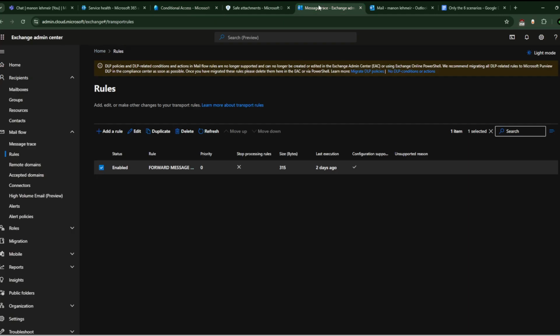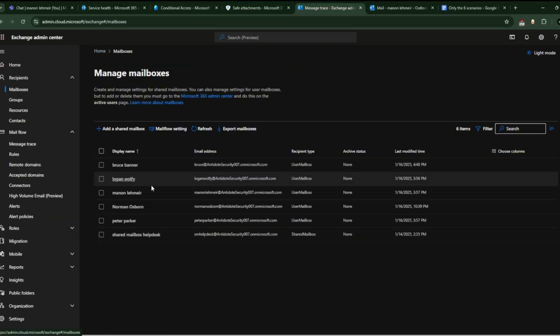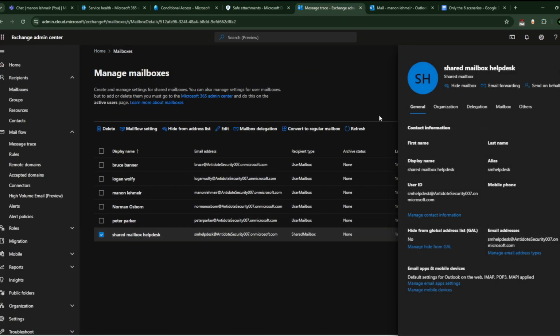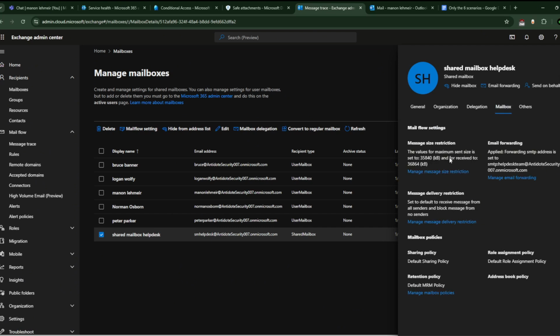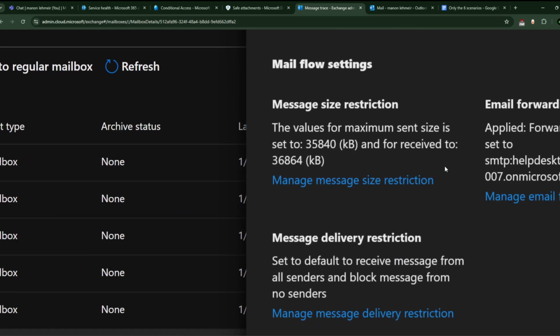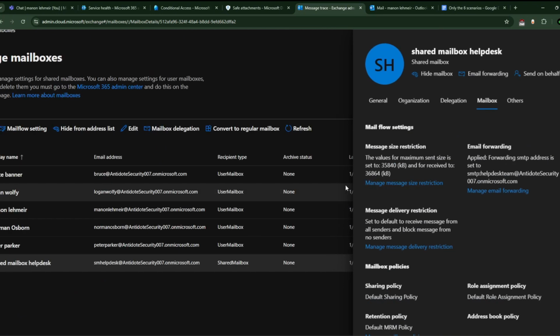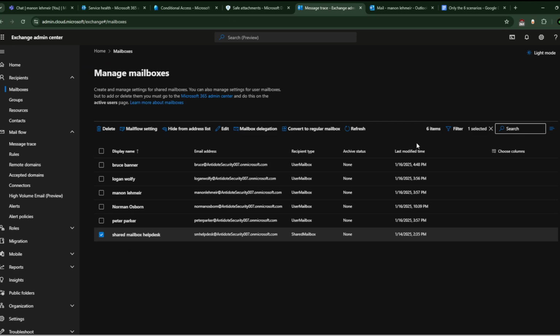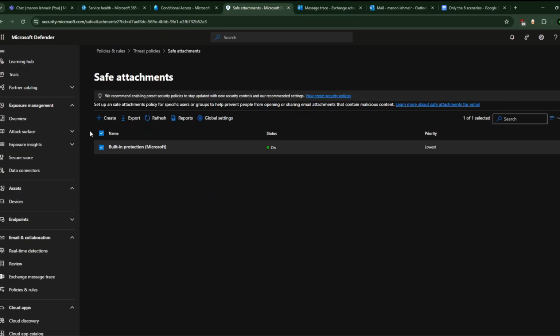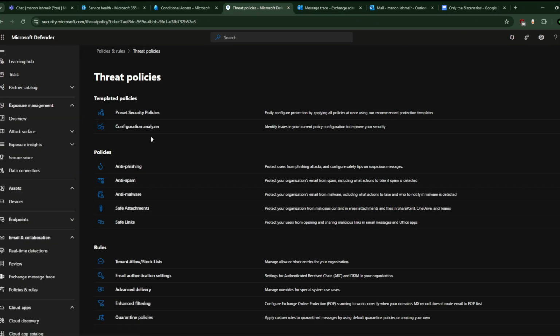And what you could do also, you could go here, mailbox, and check here. Maybe it could be a problem about this and it could create delay. So you could also manage the size restriction, okay? And you can increase it, I don't know how much. So yep, what there is more, you could also, not in the safe attachment,